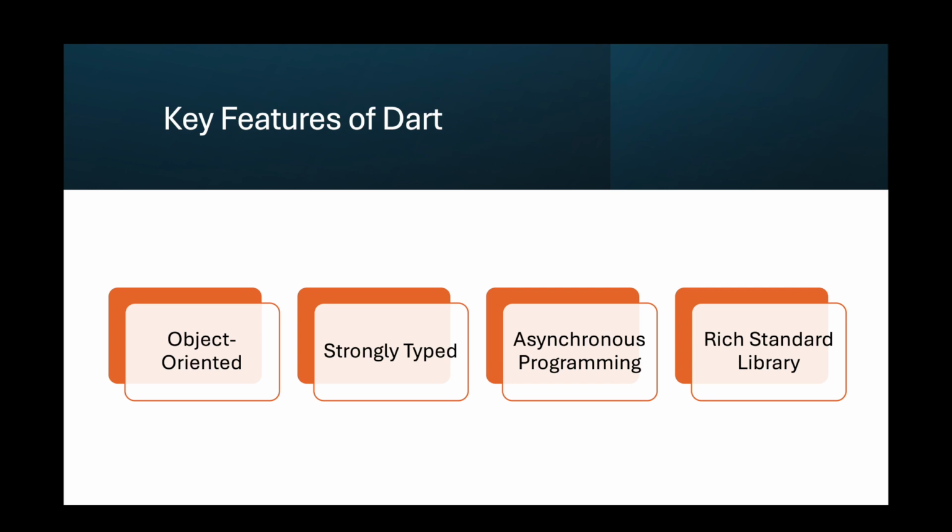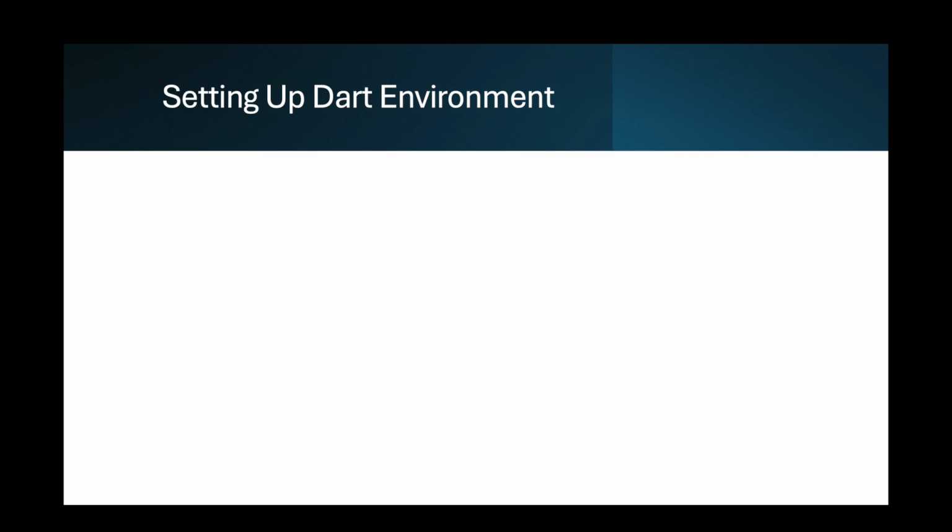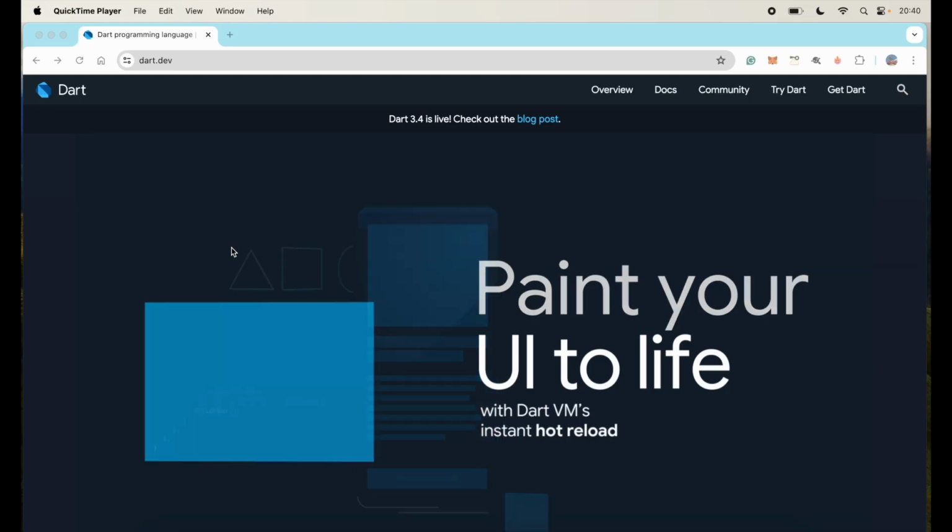Another feature is its rich standard library. Dart comes with a robust standard library that includes built-in types, collections, and utilities for tasks like input, output, I/O and networking. Now, setting up the Dart environment, for that, first you have to go to the Dart website,